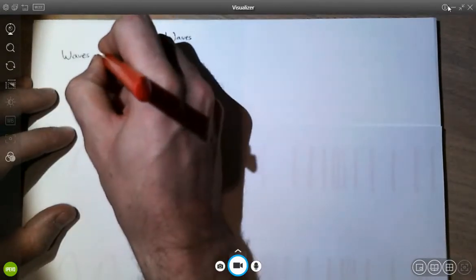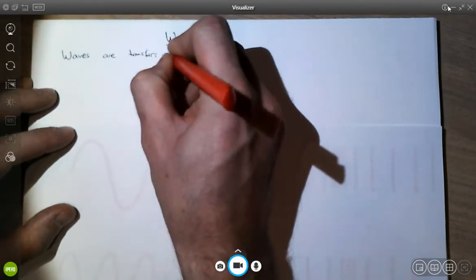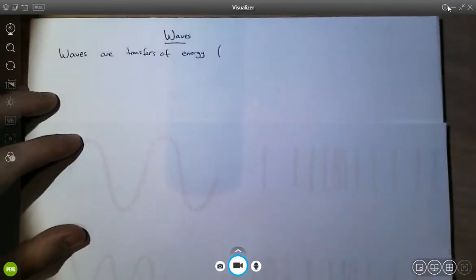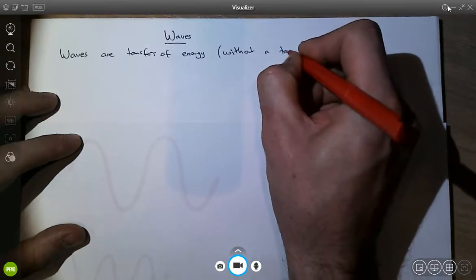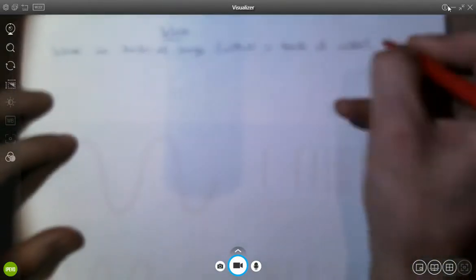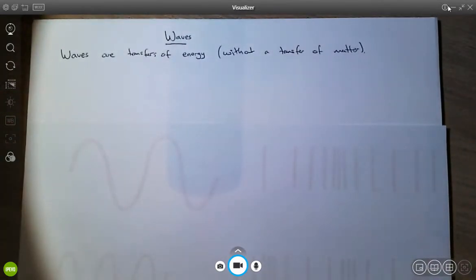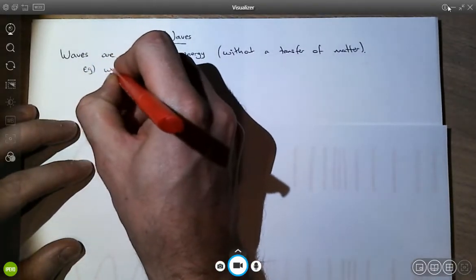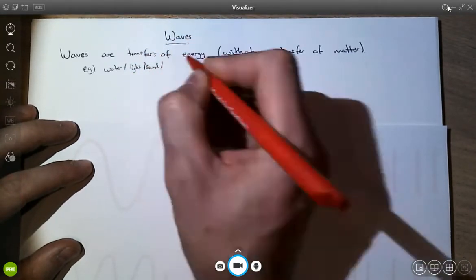So waves are transfers of energy. Really important basic definition, and then a little bit extra for GCSE, without a transfer of matter. Okay, basic definition students must learn. Then you can start to talk about examples of different types of waves. So we can talk about water waves, we can talk about light, we can talk about sound, we could talk